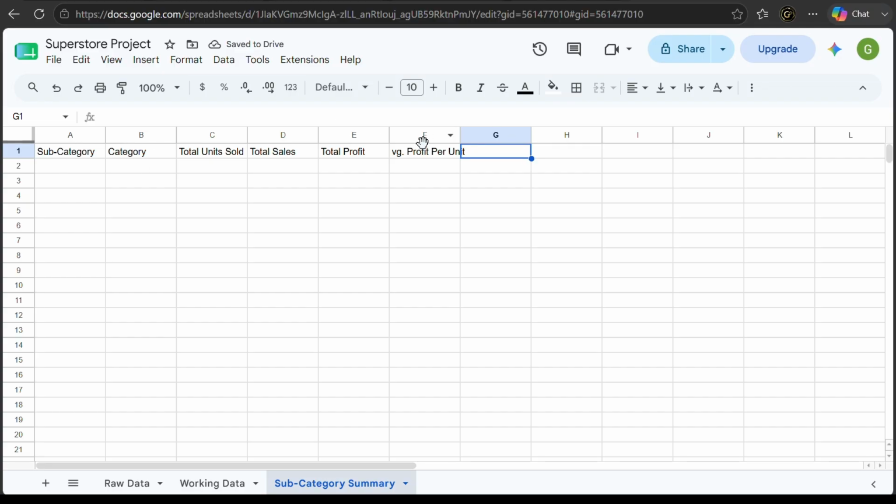Average. Sorry, I forgot to put my A. Average profit per unit. I would have average margin percent. I think I would like to put that there. Average margin percent, and then I should have my stock efficiency